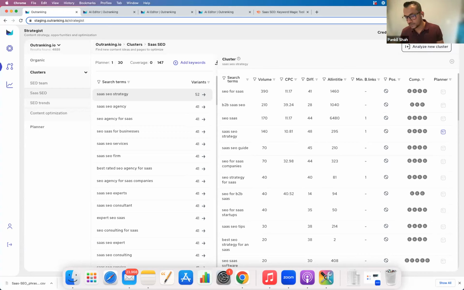Then there are AI credits, and the AI credits add-on, which I think was $69, is going to be reduced to half of that. But there is a strategist add-on where you can purchase more keyword credits and use them across any other utilities that you use in Outranking. If you're building more powerful drafts and doing more research, you can use it there. If you're using more clustering, you can do it there. If you're building more projects, you can do it there. So it's adjustable to that. If you're just re-optimizing your website, you can use it there.